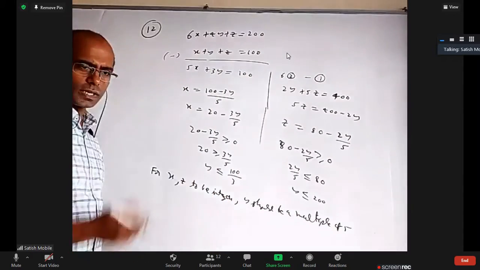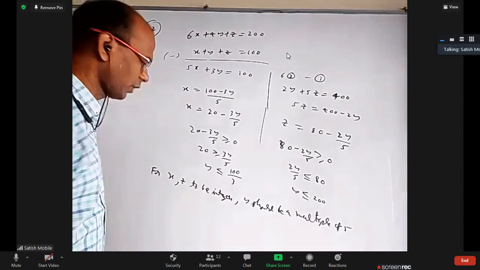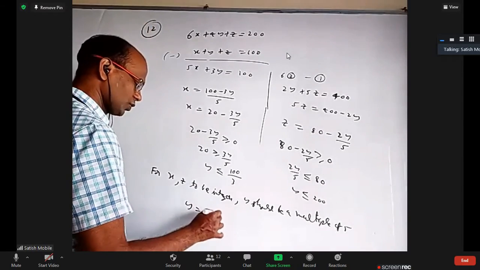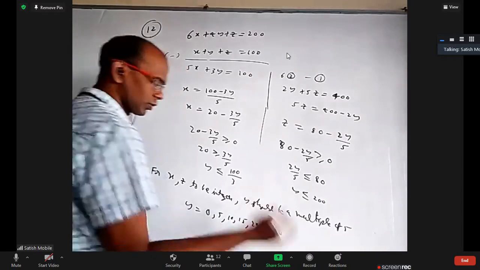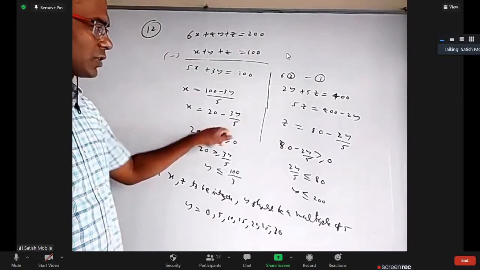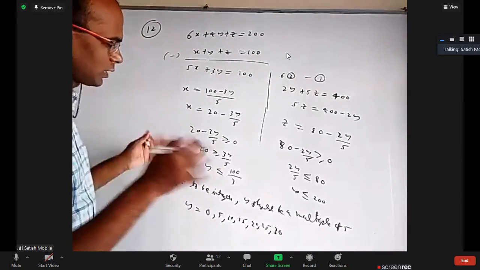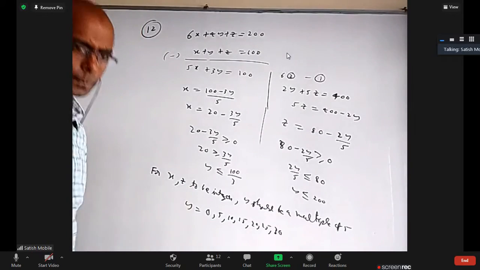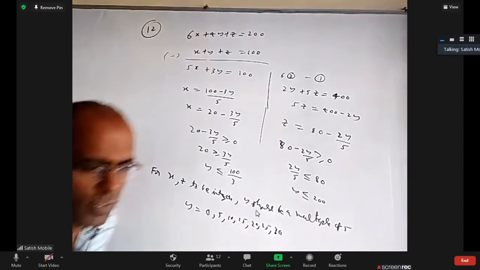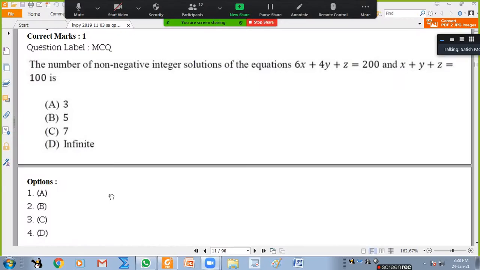So y is less than or equal to 33 point something, and it should be a multiple of 5. So y can be 0, 5, 10, 15, 20, 25, 30. You cannot go beyond that. If you substitute those y values here, we'll get the corresponding x, and they will be integers and also non-negative. That's it. So how many did we get? 3 plus 3, 6, plus 1, 7. If they don't mention integers, infinite solutions. So we have 7 solutions. Is it okay? 12th one? Yes.